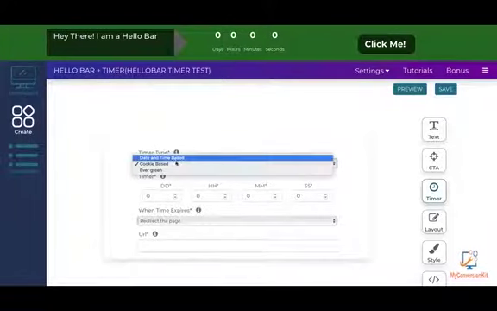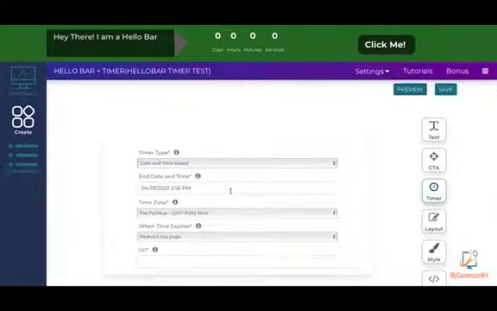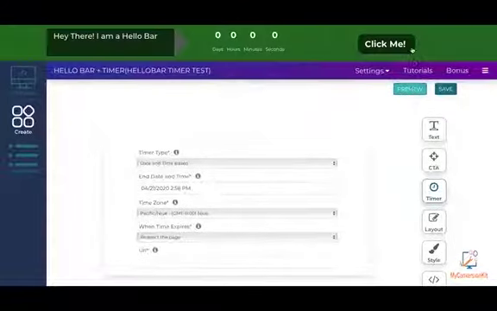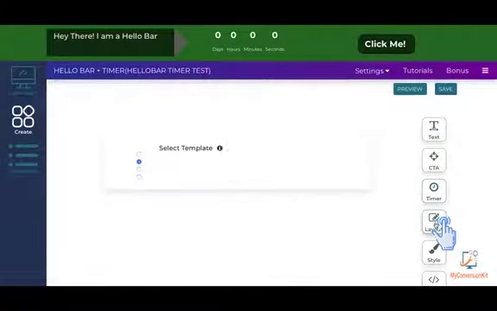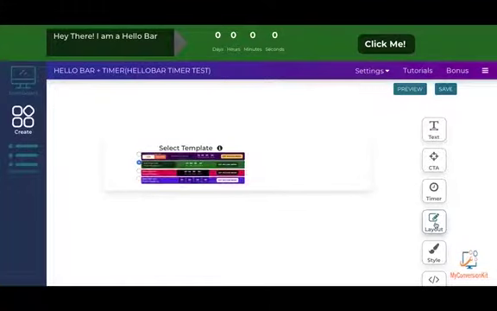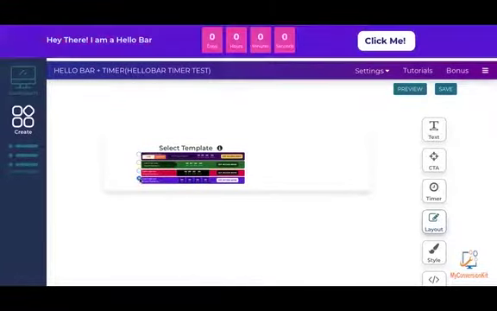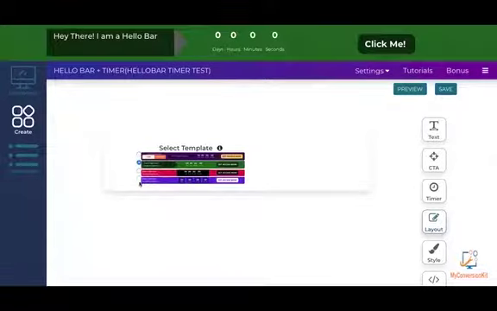Now you can go on and dead sheet and time-based timer. Put anything according to your choice, as you can see on the screen. And you click on preview, you will start to see the changes. You can change the layout as well over here, where you have got different layouts. By clicking on the template check boxes, you will be able to find that whenever you click on these buttons, the theme changes.